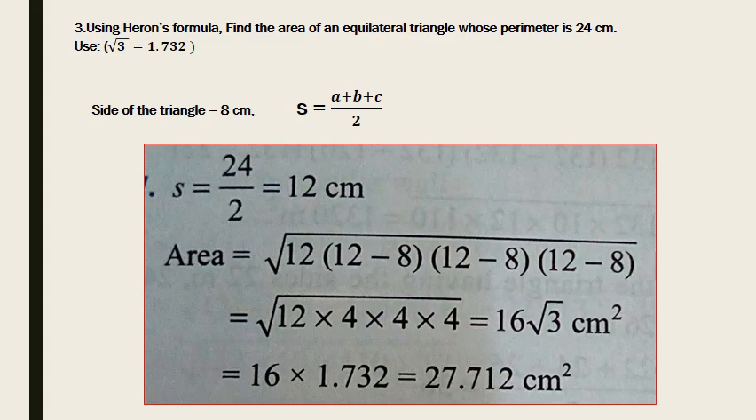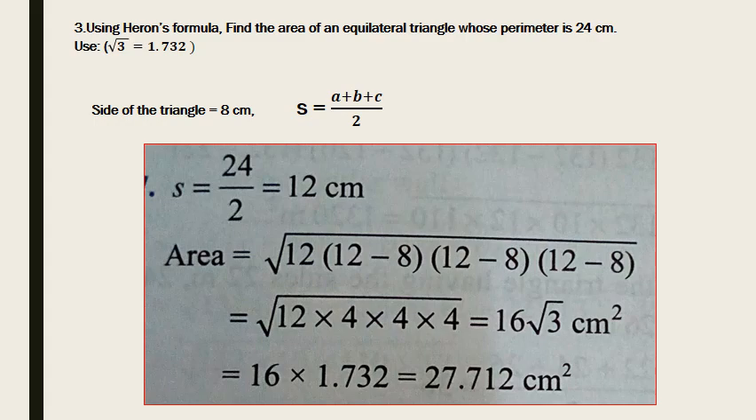We know the perimeter of an equilateral triangle is 3a. So 3a is equal to 24. So a is equal to 8 centimeter. Then S is equal to (a plus b plus c) by 2. Our a plus b plus c is nothing but the perimeter. Here the perimeter is given 24 centimeters. Therefore the S value, that is the semi-perimeter, S is equal to 24 divided by 2 is equal to 12